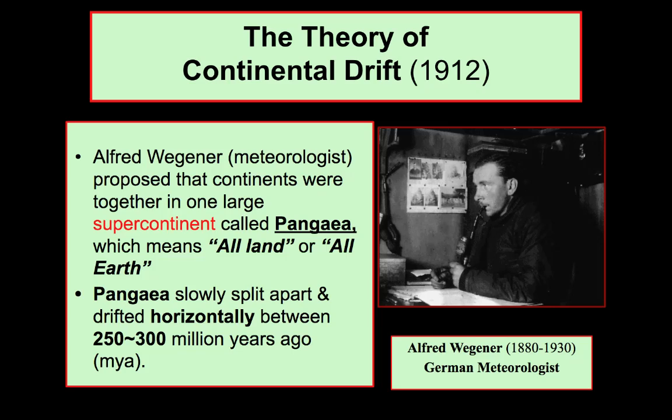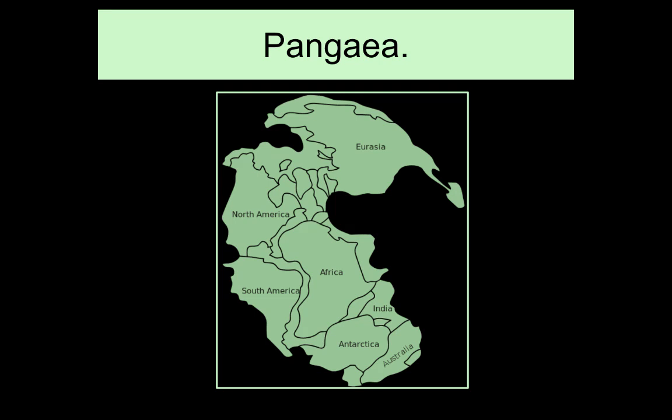Pangea, it was proposed, was the supercontinent together about 250 to 300 million years ago. Here is a nice depiction of what Pangea might have looked like. When I look at this, it almost looks like a characteristic C, like a little Pac-Man. And you can see the current day land masses labeled Eurasia, North America, South America, Africa, India, Antarctica, and Australia. And this landmass is able to be created based upon the evidence that Alfred Wegener sought out to support his